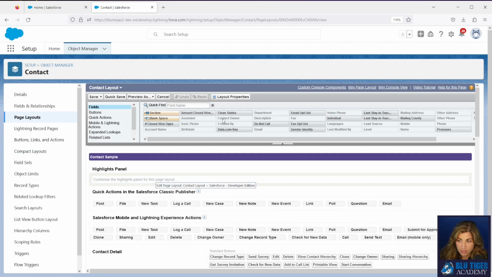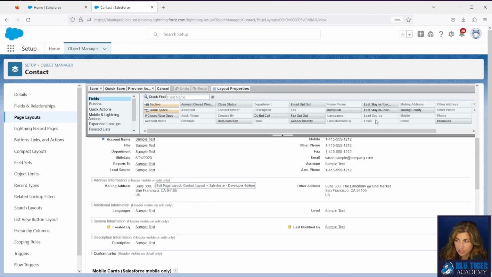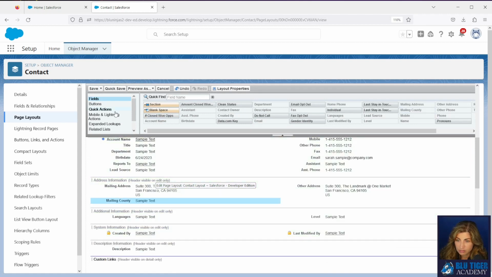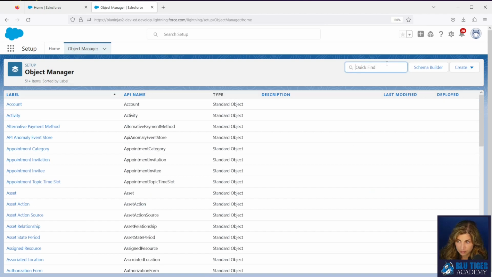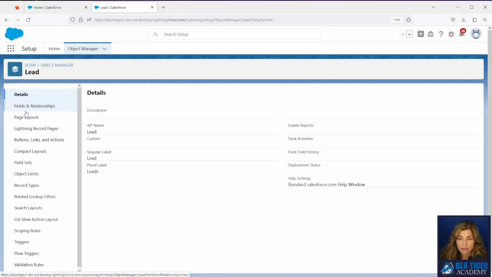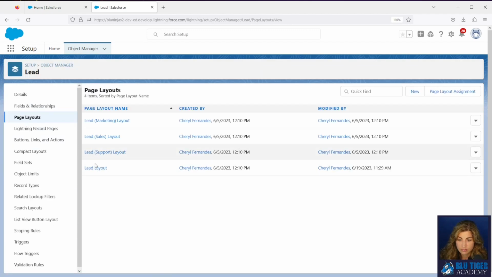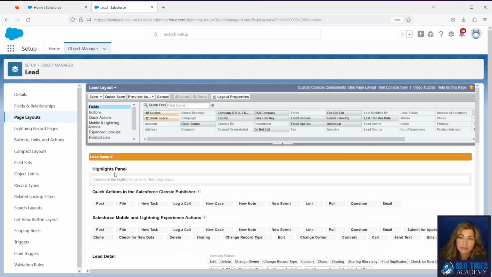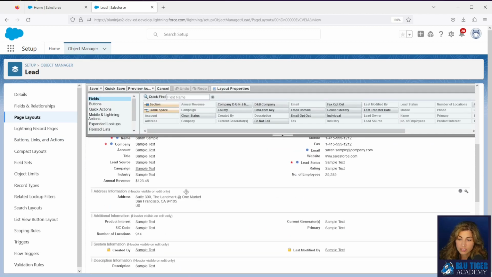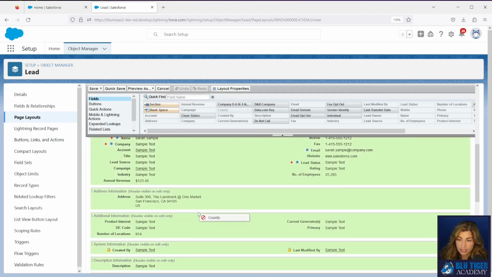We will do the same thing. We will drop the mailing county down here. Next, we're going to do our lead. And we will drop county right here.